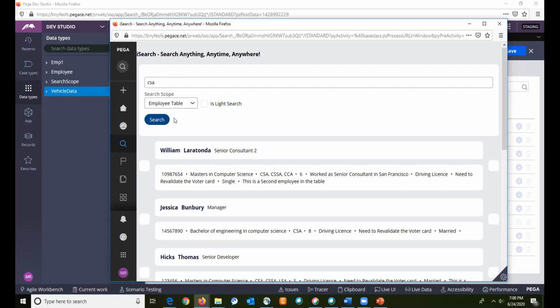Now, users will also have a feature to select the source in which they want to search. Right now, the options that we have given are wildcard search, all data, and all work. So these three would remain common for anyone who is using this particular app, and there could also be specific tables which the application team wants to configure. Right now, with a specific table, we get the results immediately.